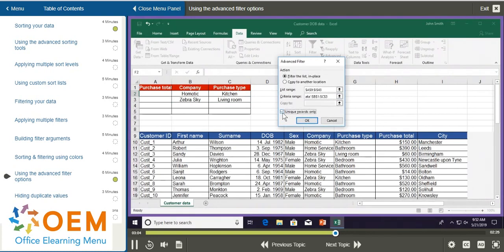Once I've set my advanced filter criteria, I can choose OK to apply the filter. Now I can see that the